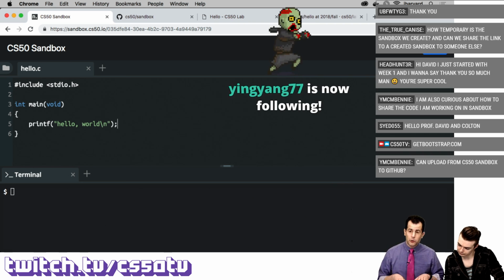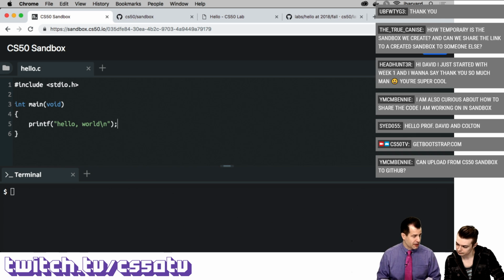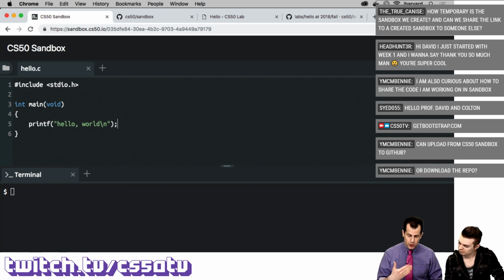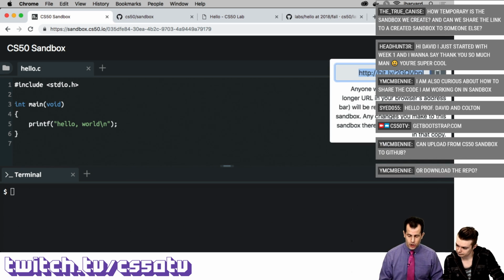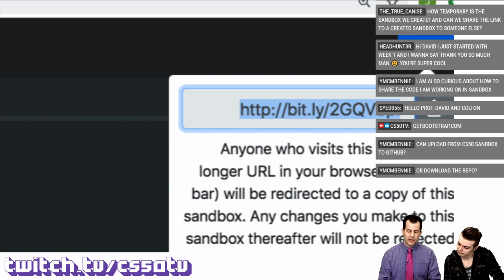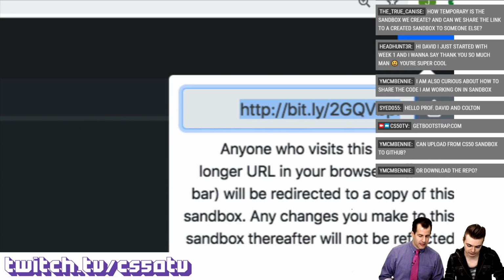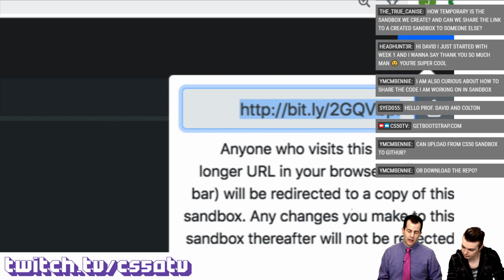And if you all would like to now get a copy of this sandbox, it won't be interactive. You'll get a snapshot in time. I can go ahead and click the share icon. You'll notice that I see a bit.ly URL, and if Colton wouldn't mind pasting this into the chat, if you go to